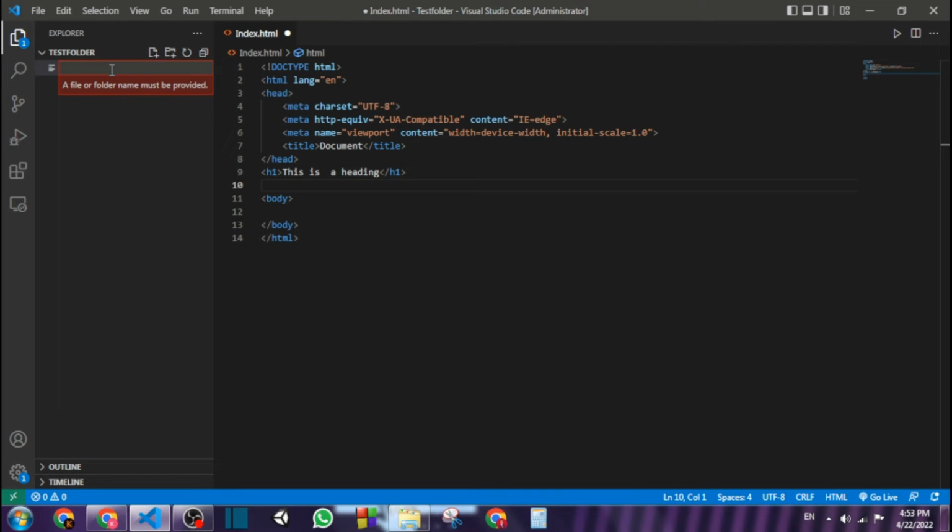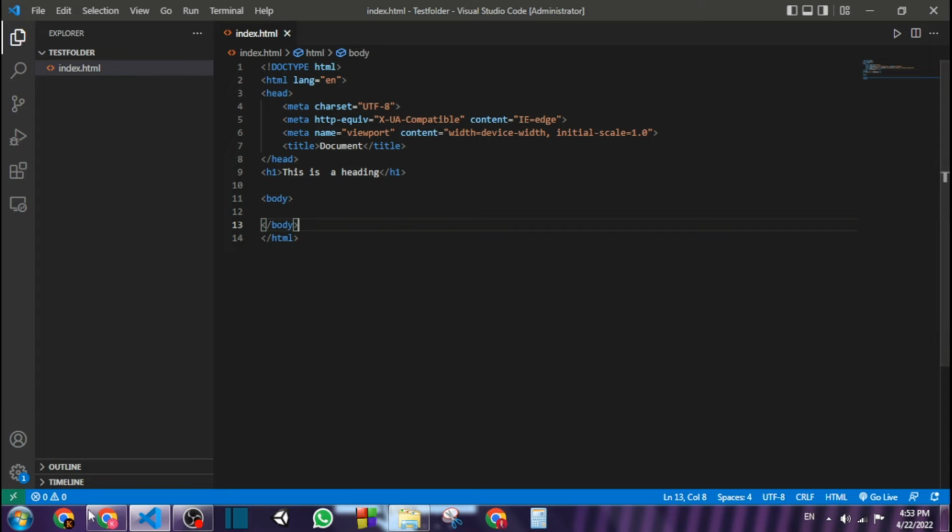Let me do it again. Index dot h, t, if I press m, see, this is coming and this is for HTML. And now if I press l also, then also it's coming. So we can use either .htm or .html. So that's understood.